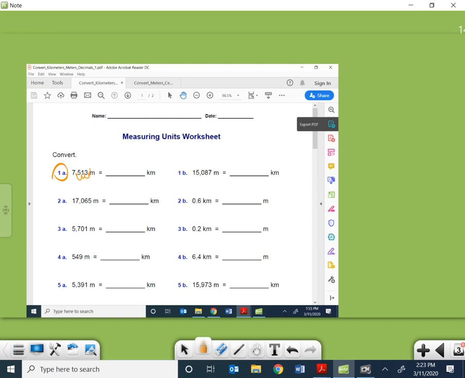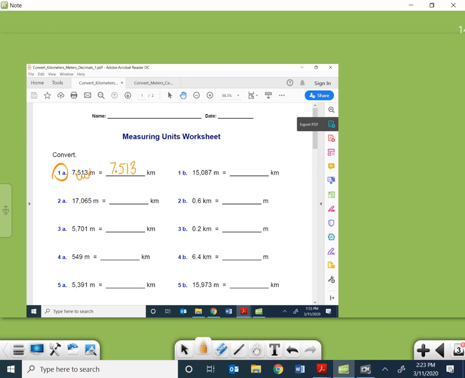So my answer ends up being 7.513. Okay, I'm doing one answer for you. That's your answer for number 1A on one of your worksheets. Okay, let's do the next worksheet. So this one, worksheet number 1, your practice sheet 1, is looking at